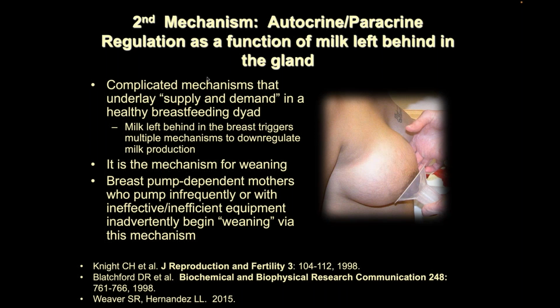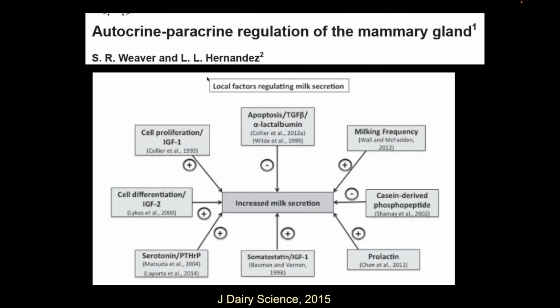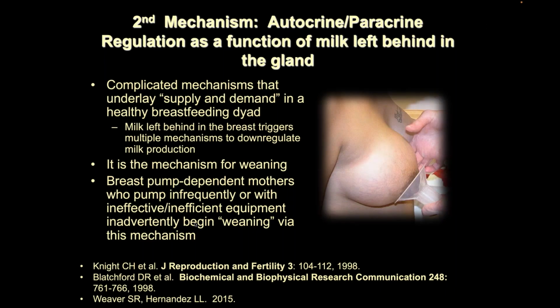But there are many other mechanisms now that I'm going to show you in this diagram and come back, that have been proposed as far as local factors regulating milk secretion. So certainly the milking frequency is one. We see a role for insulin growth factor 1. We see a role for apoptosis. So many of these different things now have been implicated, much of this being informed by the dairy industry. But nonetheless, we think that it's not a single mechanism anymore, but the catalyst is still a breast that is